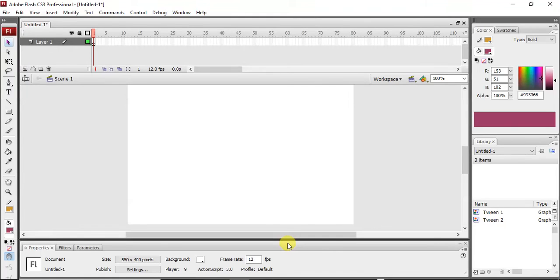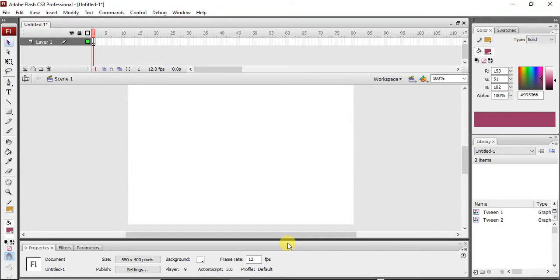Hello everybody. Today our topic in the Flash animation is motion tweening. So we will learn how to perform the motion tween. Last time I told you about shape tweening. Hope you all understood the concept of shape tweening nicely and have done the practice also. So today we will do motion tween.